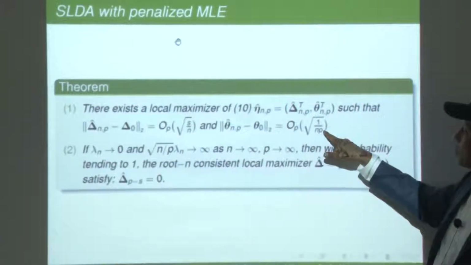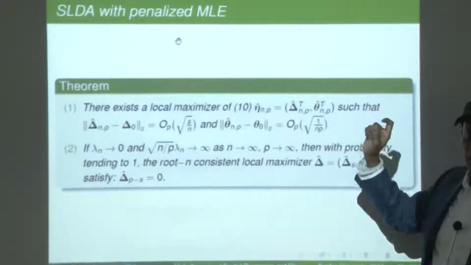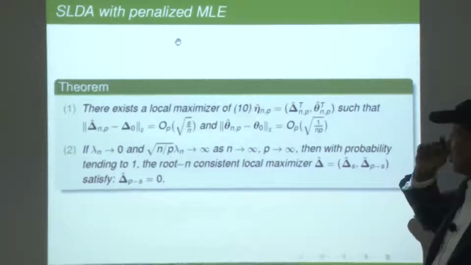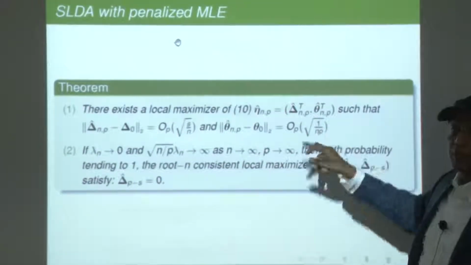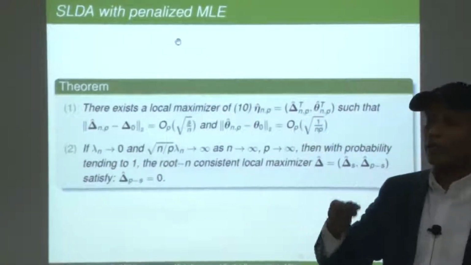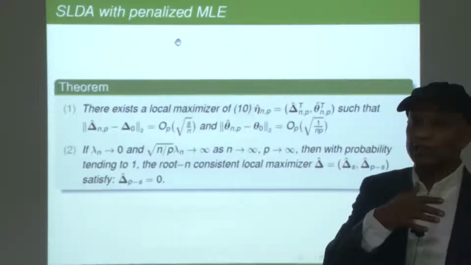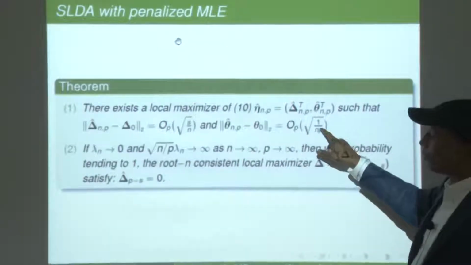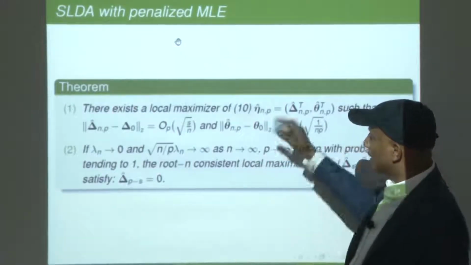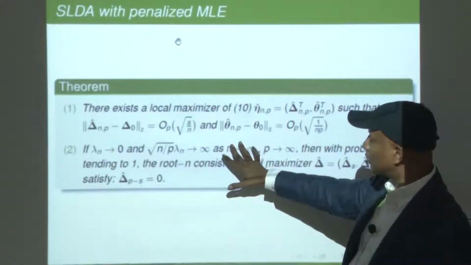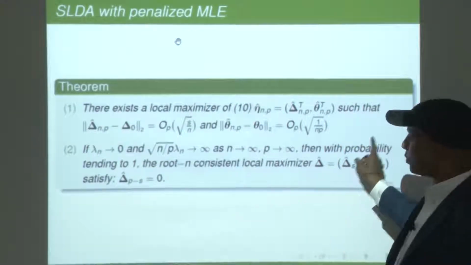Note that it is much more explicit because with NP and P high, it is a much better approximation. Generally, in asymptotics we don't look at P because we assume that P is fixed. But in this case your number of features can depend on sample size as well. So that's why we have to be much more explicit on both things. And this type of asymptotics you have seen, but what is the most important thing we are saying, that with probability 1